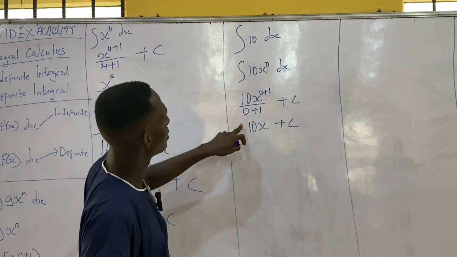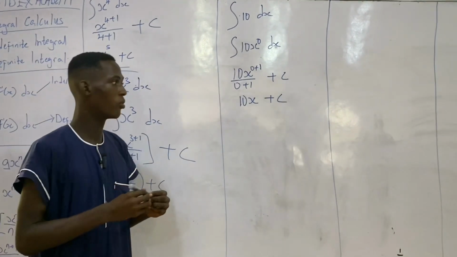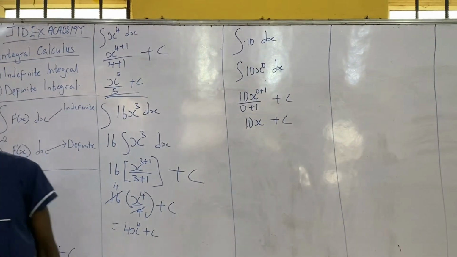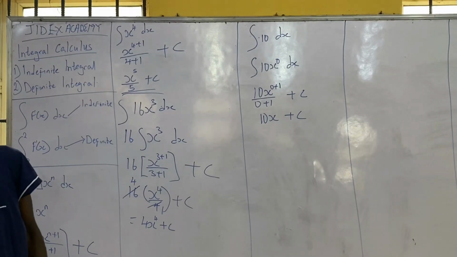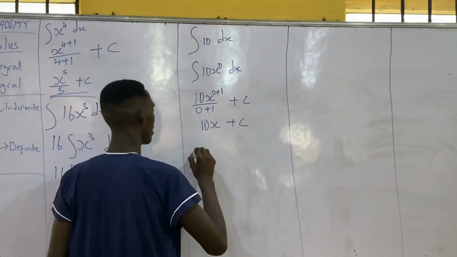If you should find the derivative of this, it will eventually give us 10 back. That's another way of confirming that your answer is correct. Now let's move into something a bit complex. Now it might be giving stuff like